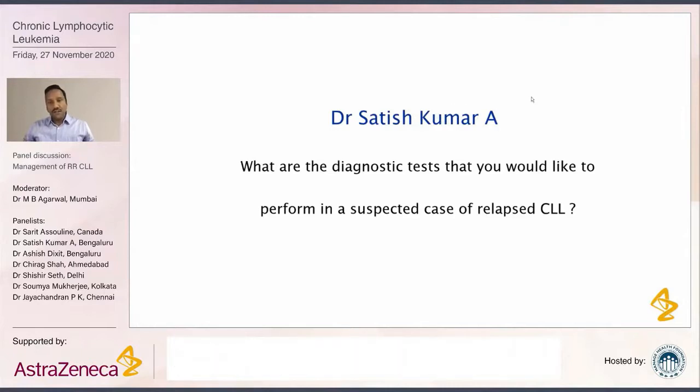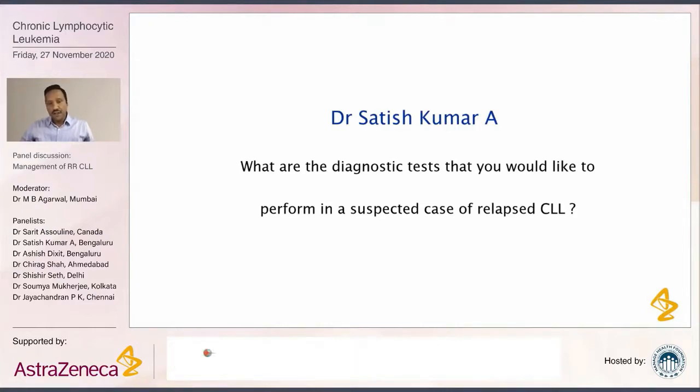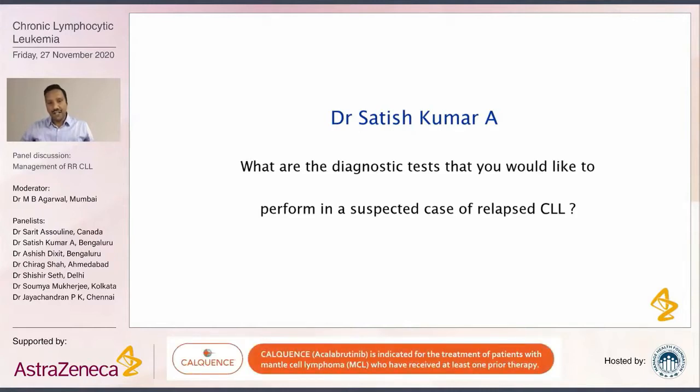Along with the CBC, I would do a flow cytometry, even on peripheral blood, to determine the immunophenotype of the circulating lymphocytes, and also identify whether the patient has any evidence of P53 inactivation. We can do a FISH for 17p deletion, because there is a risk of clonal evolution in relapsed